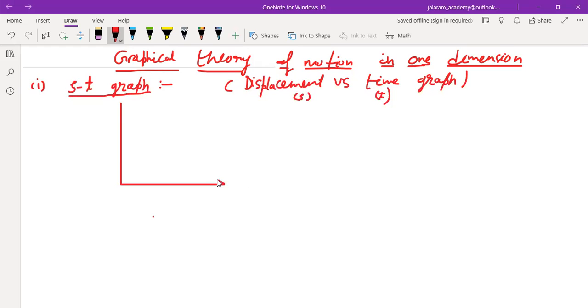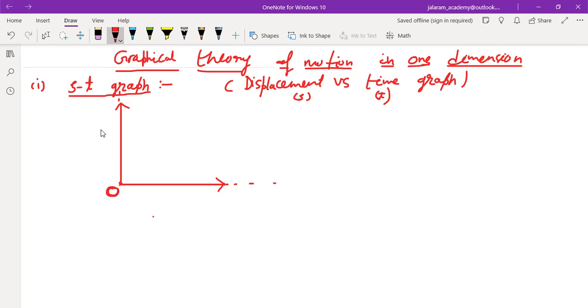So always remember, whenever you draw a graph, mark these arrows to show that they will go towards infinity. One along the horizontal direction, the other along the vertical direction. And this is the point from where the two lines start, and this point is called the origin. What are the coordinates of the origin? We know that they are 0, 0.